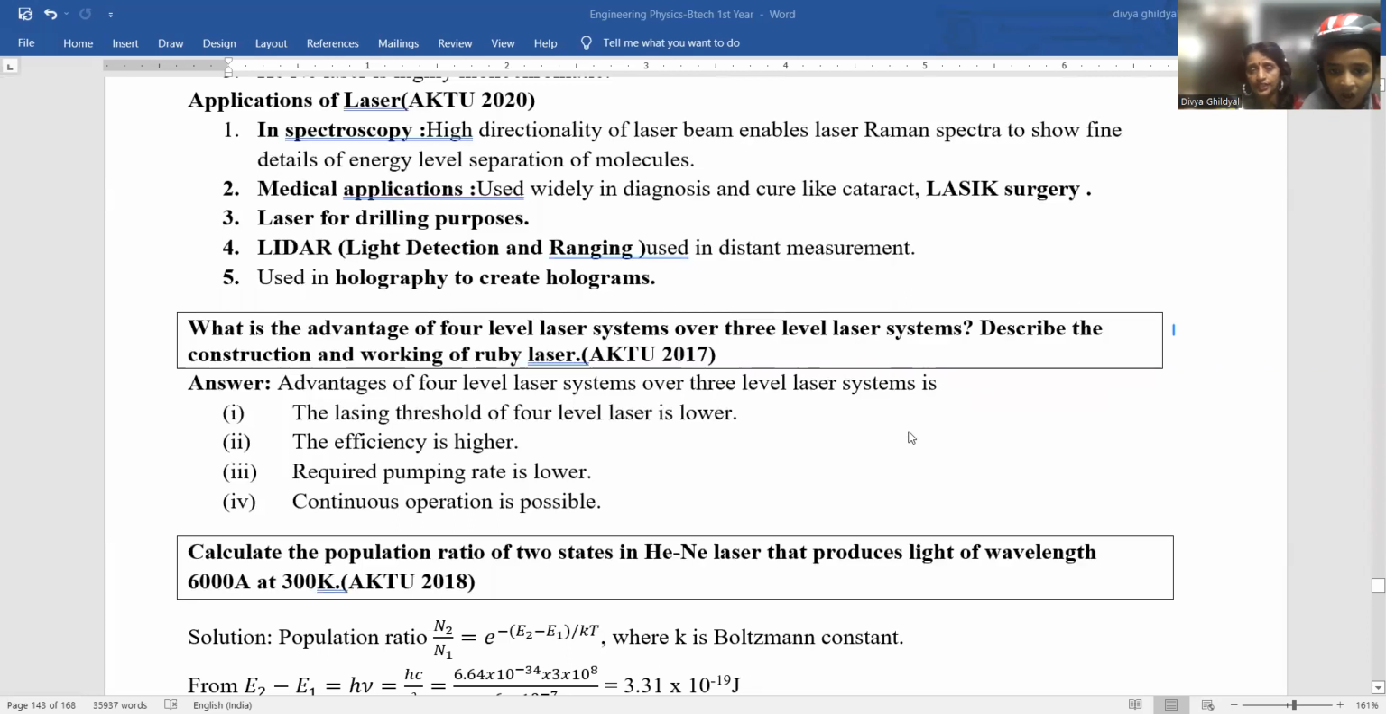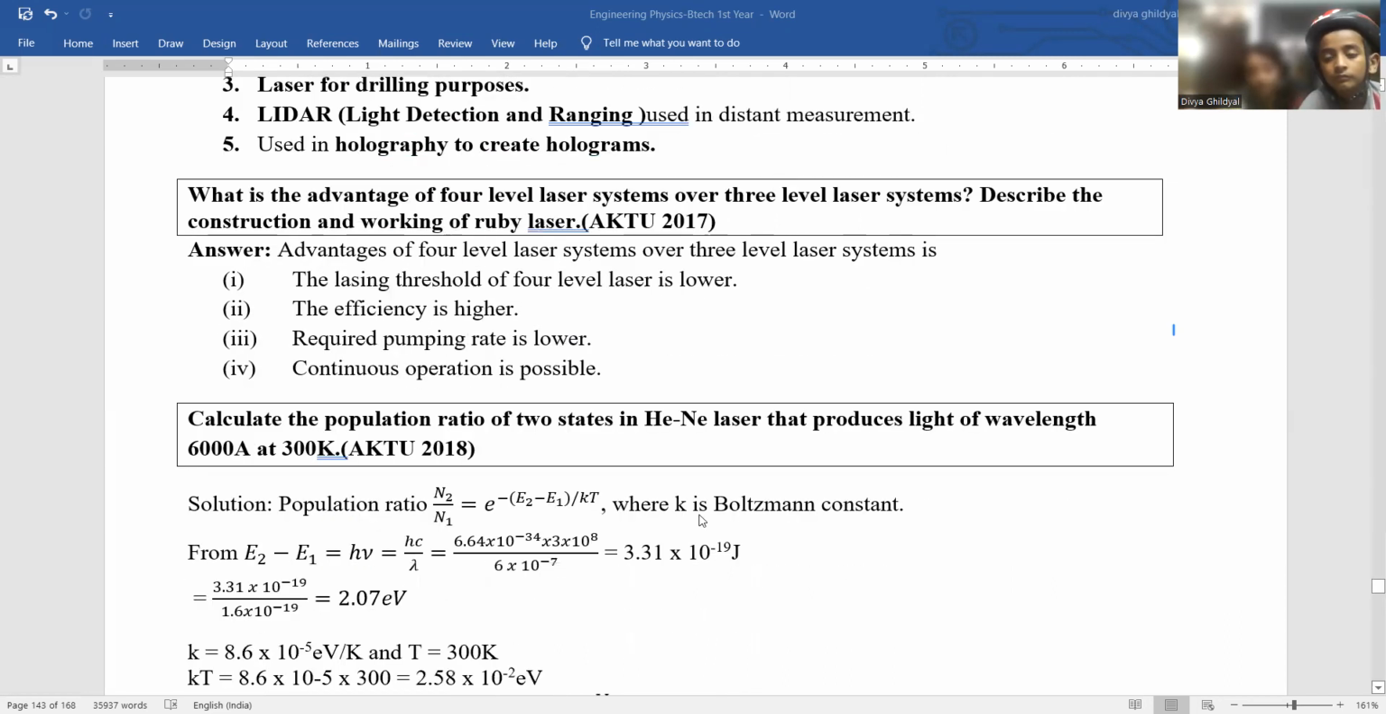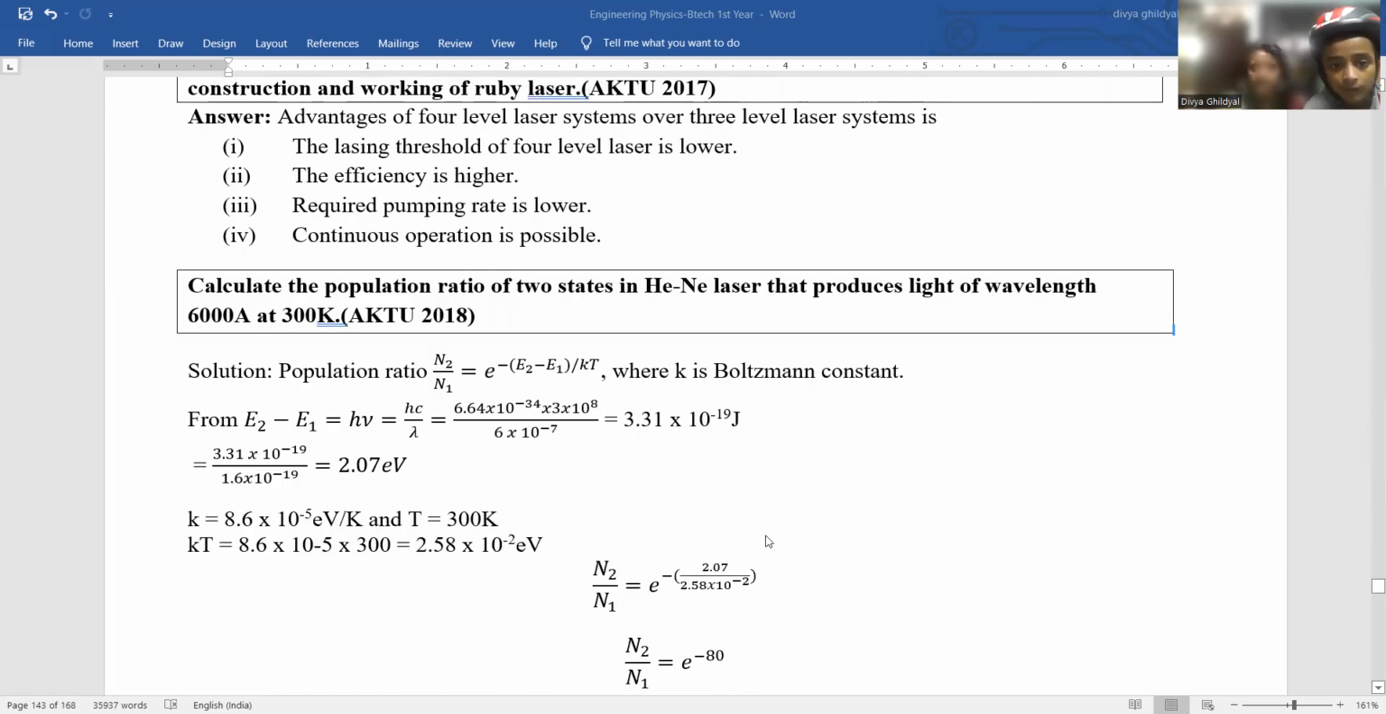4-level laser over 3-level laser. Remember, in 4-level you get the helium neon laser and 3-level is the ruby laser. So the lasing threshold of 4-level laser is lower, efficiency is higher, required pumping rate is lower, and continuous operation is possible. Quickly, I will discuss one very easy numerical which is asked in your AKTU paper